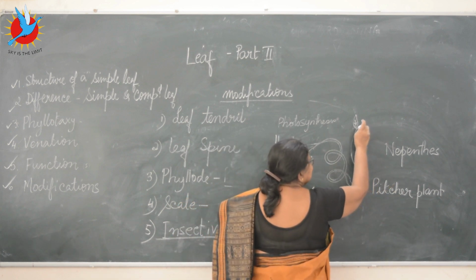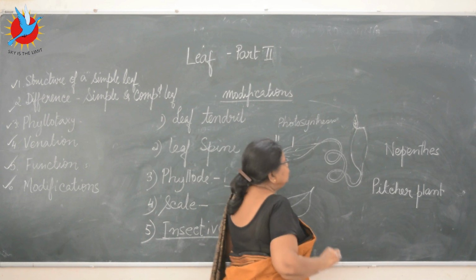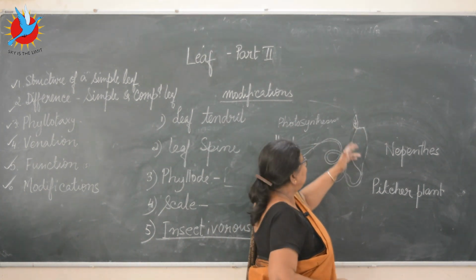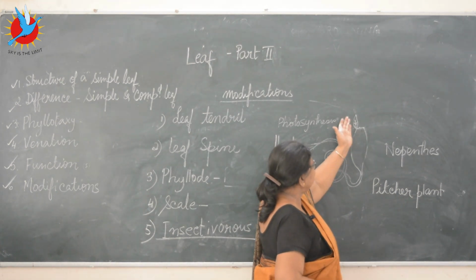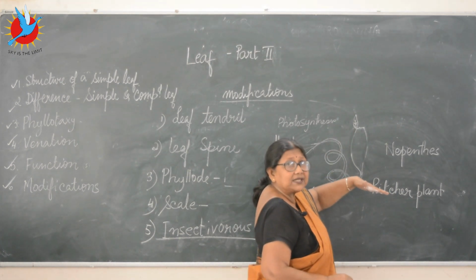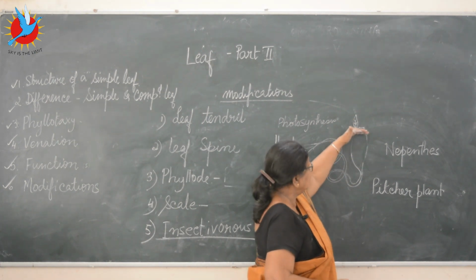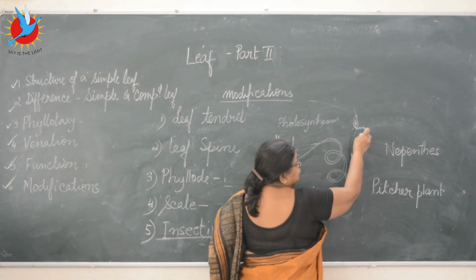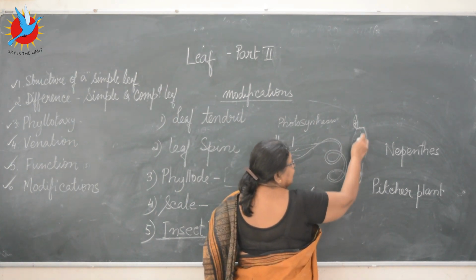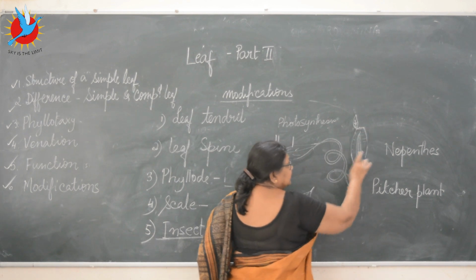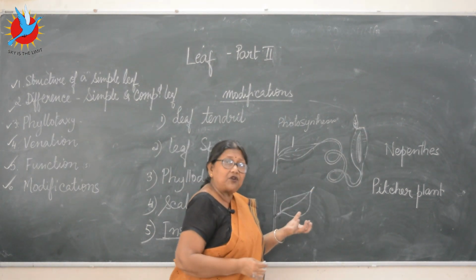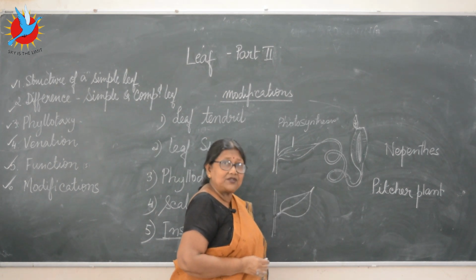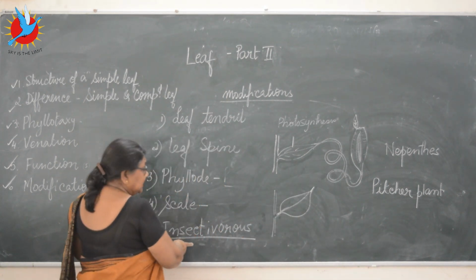So here inside it has got tiny hooks. So when any insect comes and sits here, it's made out of those sensory cells. When any insect comes and sits here, automatically the cover closes up. The lid is closing the cover here. And the insect gets trapped inside. Some enzymes are given out by these sensory cells inside, which will help the insect to be digested, so that the nitrogen from the insect body will be used up by the leaf. Right, very interesting. So this is the insectivorous plant.